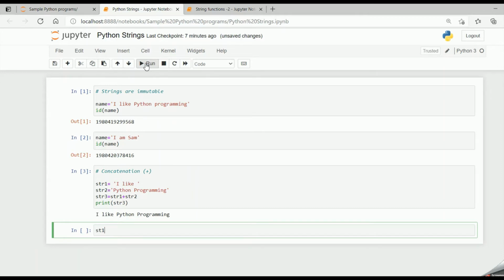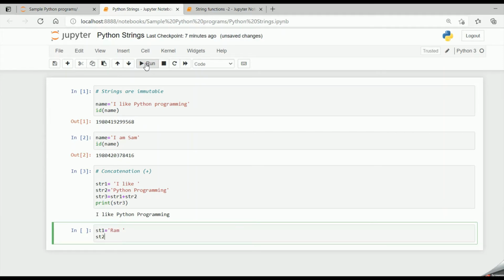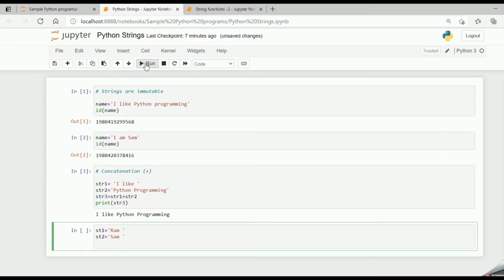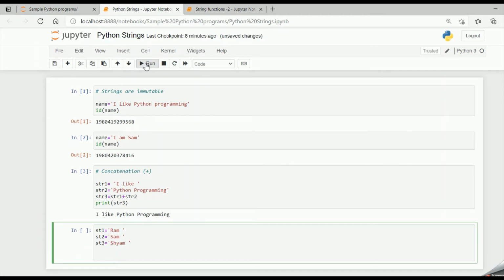So let me say st1 equal to "ram ", st2 equal to "sam ", st3 equal to "sham ". So here I have taken three strings. We can concatenate the strings with the plus symbol.